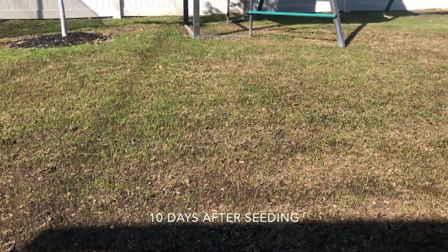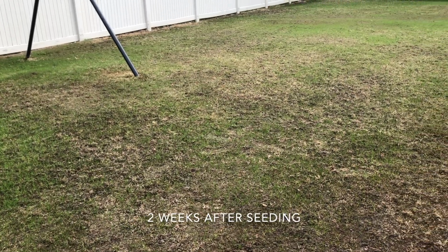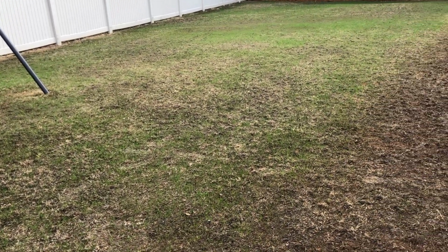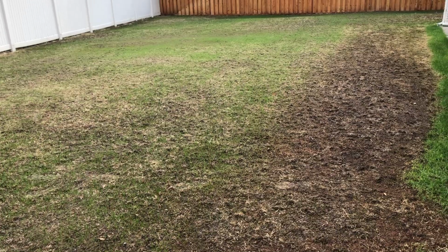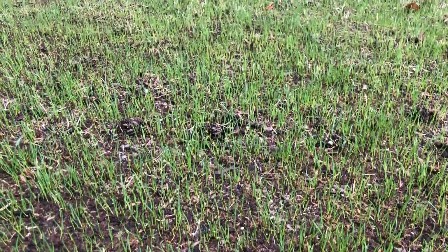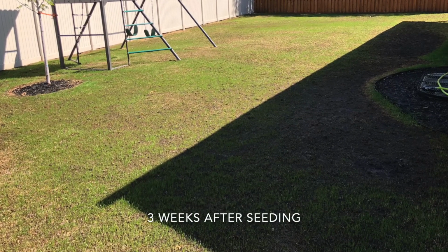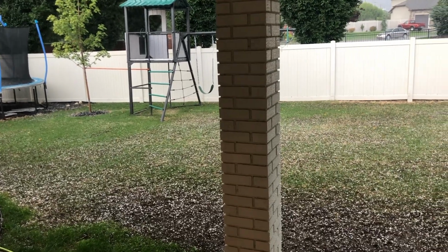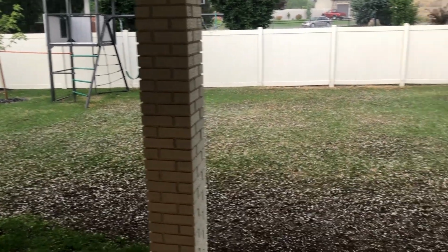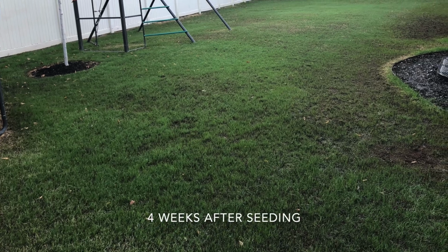Here's a shot of 10 days after seeding. Here's 2 weeks after seeding. And here you'll start to notice on the right hand side there's a section that in the fall doesn't get hardly any sunlight because of the angle of the sun, so it came in a lot slower than the rest. Here's a shot at 3 weeks. We also had a gnarly hailstorm around this time, which gave me another heart attack, but thankfully I don't think did too much damage. Then here's 4 weeks after seeding,